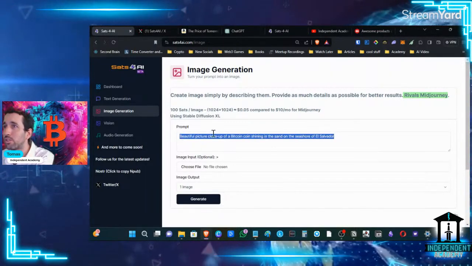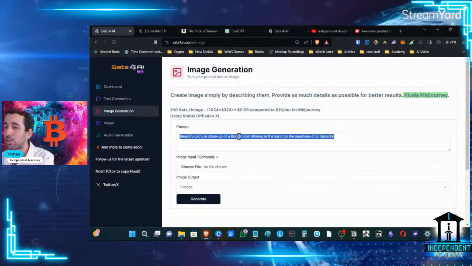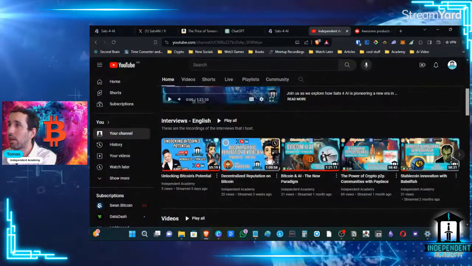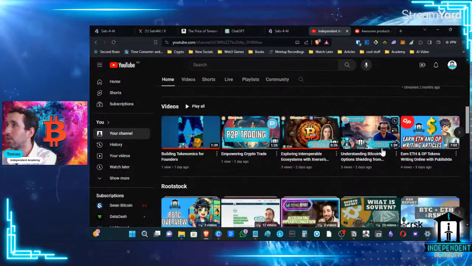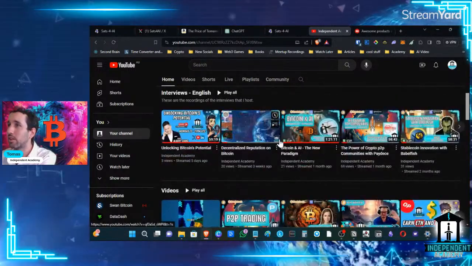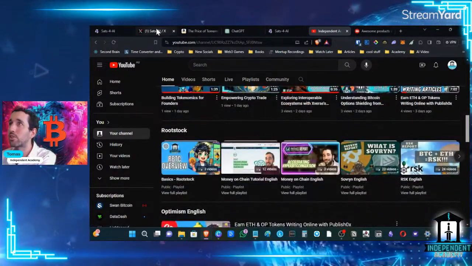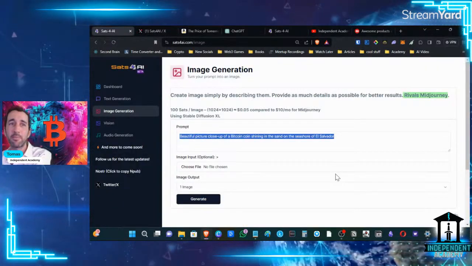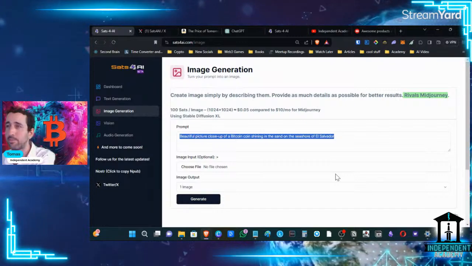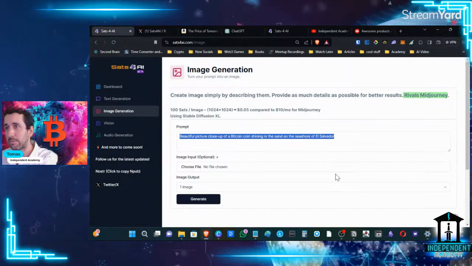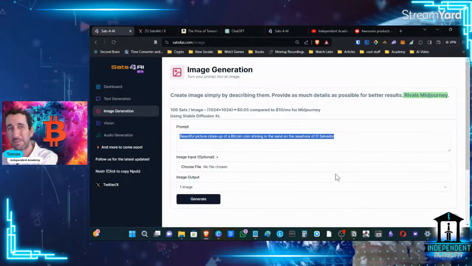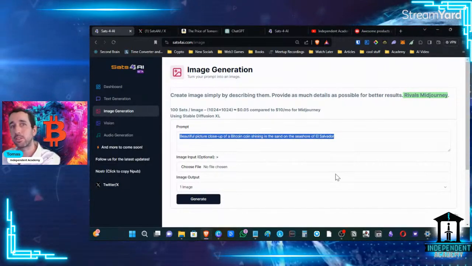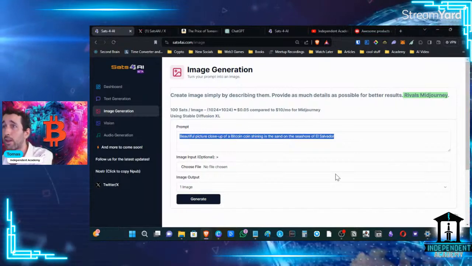I'm going to remove this. For all my thumbnails on my channel, I use AI to create these characters that you can see here and there. So I'm going to try to create the same character and see if I can replace what I'm currently doing with ChatGPT. I'm going to see if I can create the same quality of images and the same character with this one. So I can potentially replace my ChatGPT subscription and just use sats for AI.